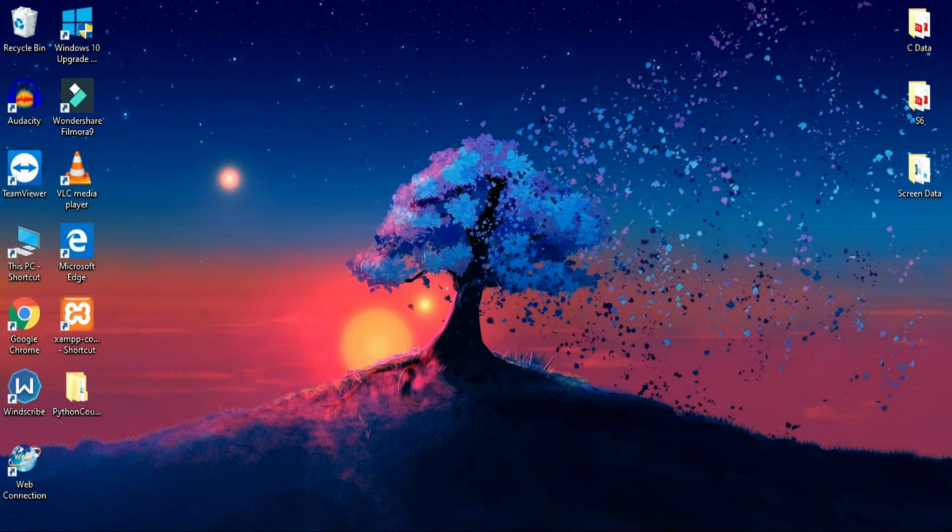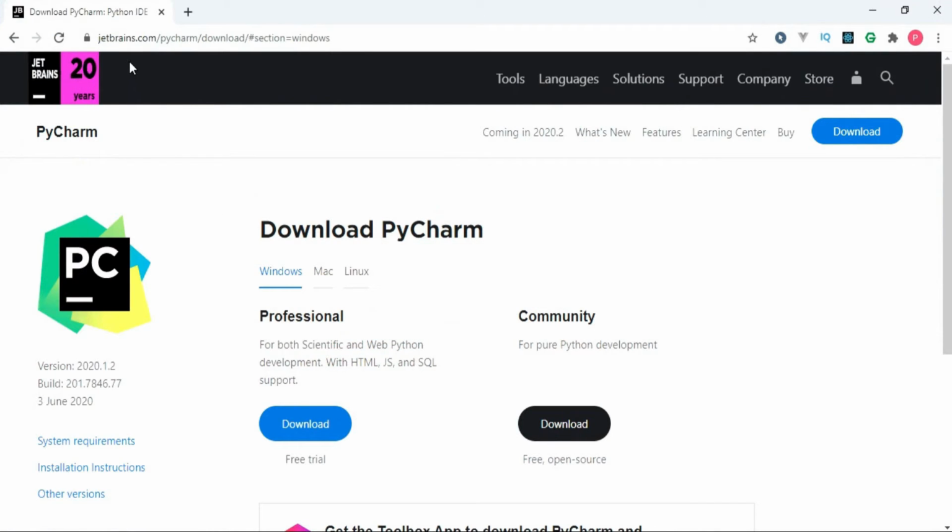We can write Python code in Notepad, but a good IDE is very important for a programmer because an IDE gives us code suggestions, auto completion, and many things, which save much time of a programmer and make a programmer's life a lot easier. So open up your web browser and head over to